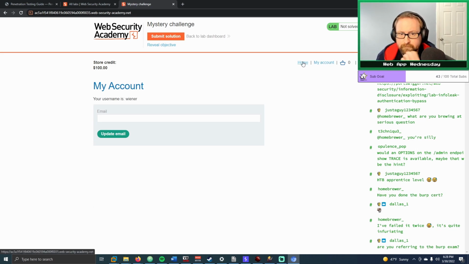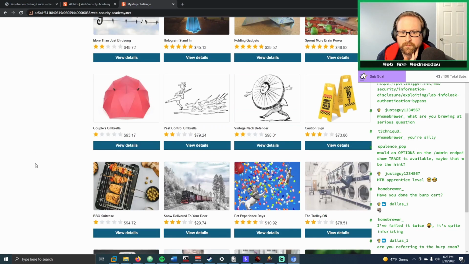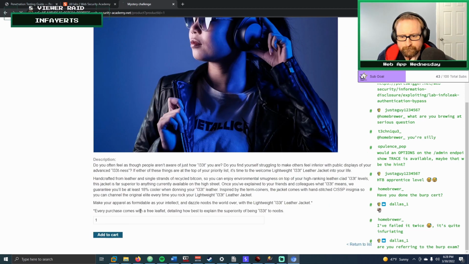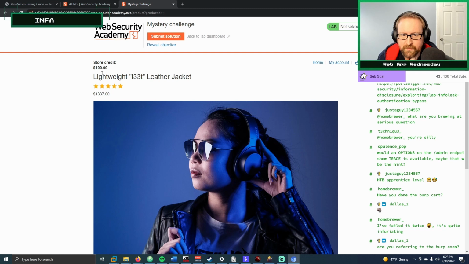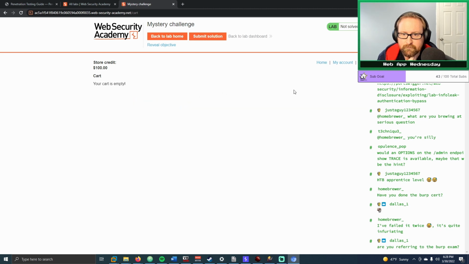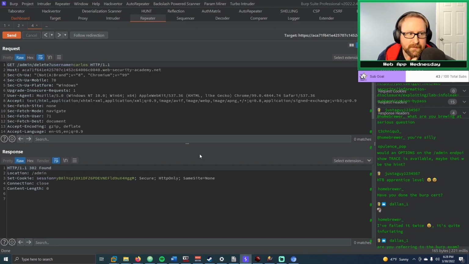Right. So generally speaking, with these, we need to buy the leather jacket. Obviously, we cannot afford the leather jacket. But if we add